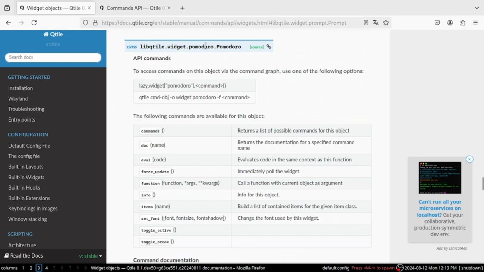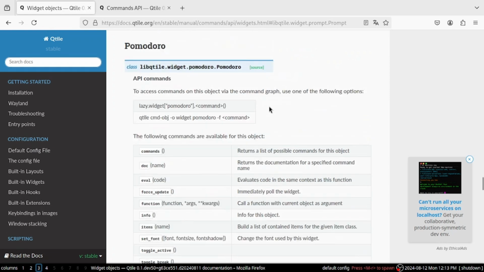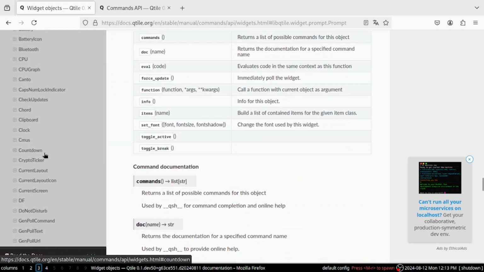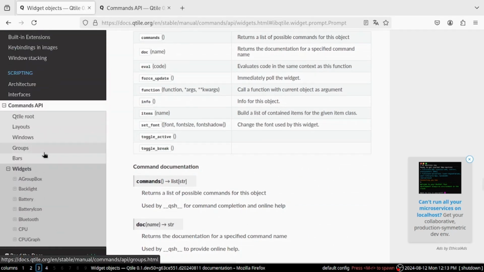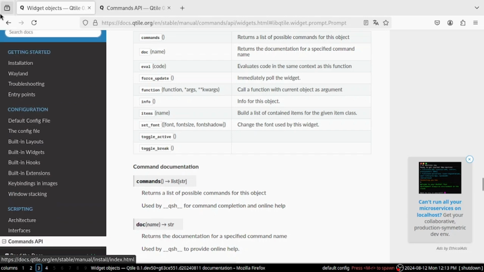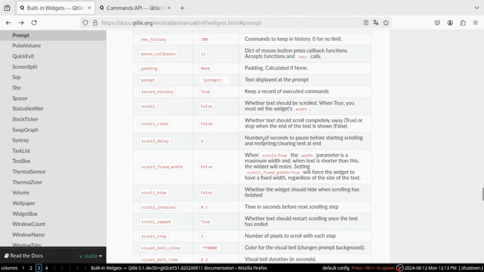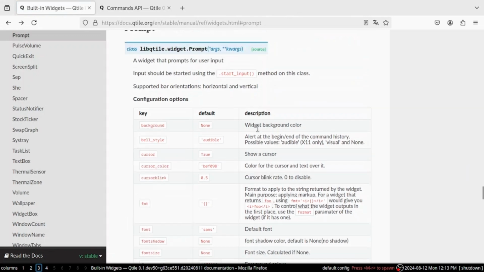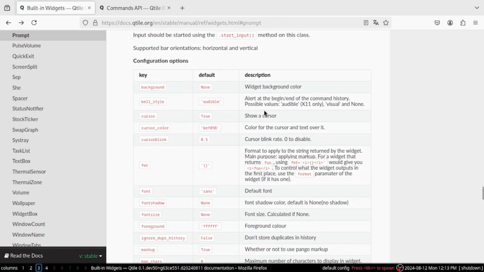Pomodoro. There is a Pomodoro widget. That's cool. No, let's go back here. Widget background color, no. I don't see anything here. I don't think it's this. Let's move on for a bit because